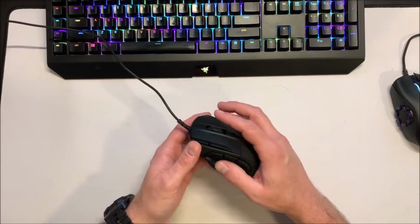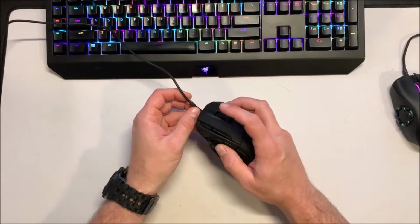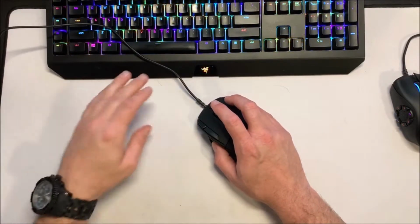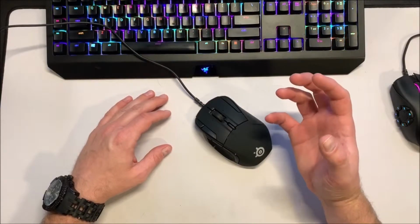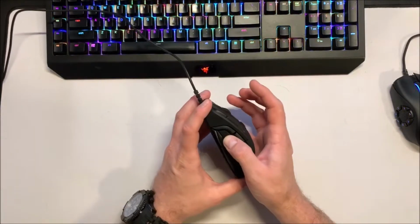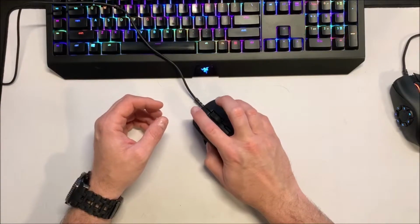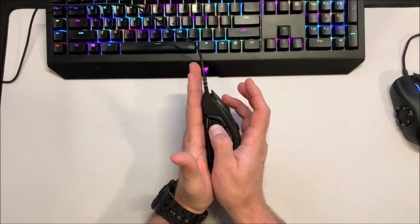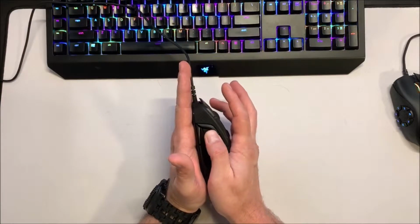I was looking online and thinking that's going to look really good. And just sitting here holding it, I haven't even plugged it in or really used it yet, but that feels like it's going to be super intuitive. Now, I personally use a fingertip grip. So I tend to pinch the mouse between my fingers like that and then go to town, right? So that's pretty nice that in usage, I'll be able to just roll the thumb,